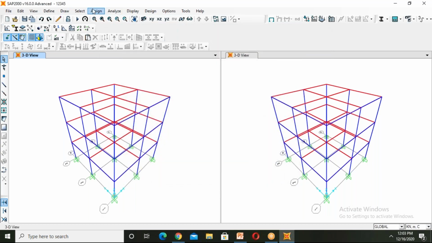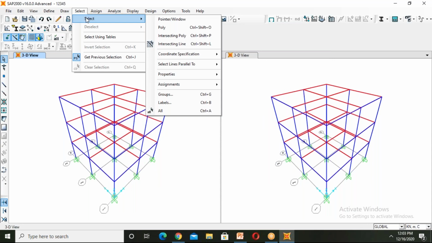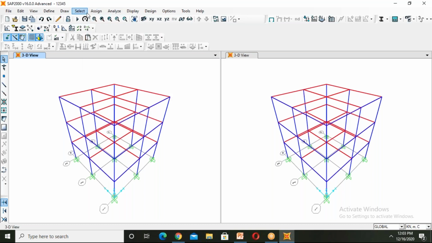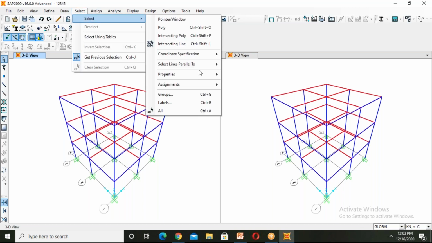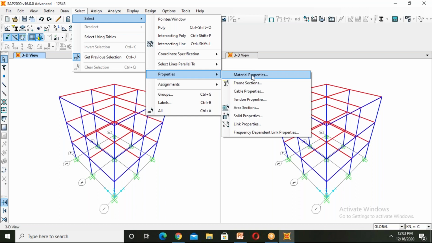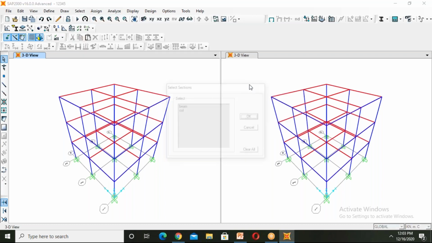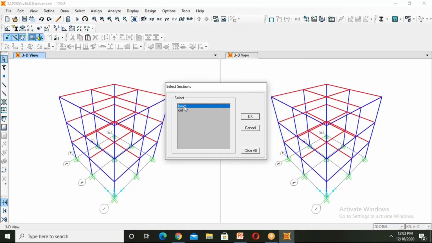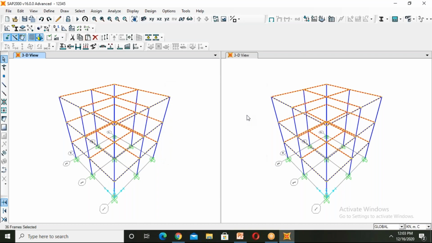Okay. First we have to select our beams. Select all. For assigning hinges, select beams. Click on Select. First we will click on Properties. Click on Frame Sections. Click on Beam. Click on OK. All the beams have been selected. Now we have to apply hinges.